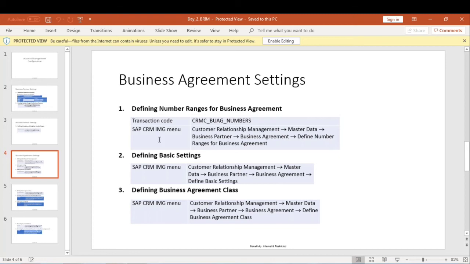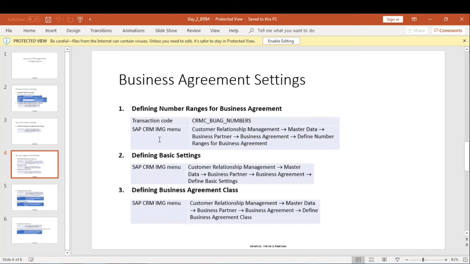First we maintain the number ranges for these business agreements. We will define the number range and tick it as internal number range, as the business agreements get created in the CRM system.